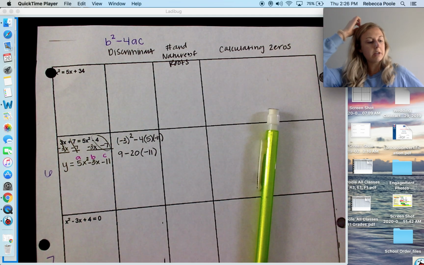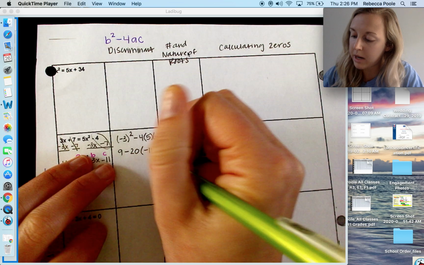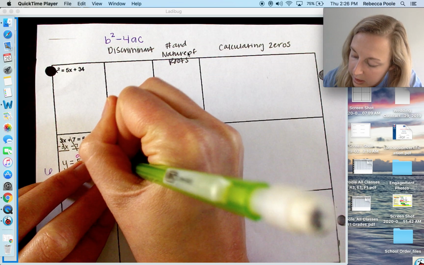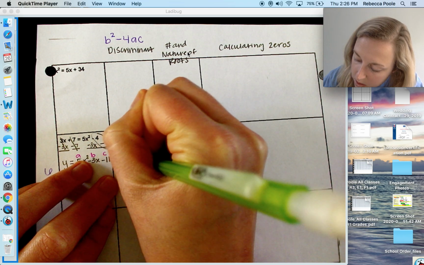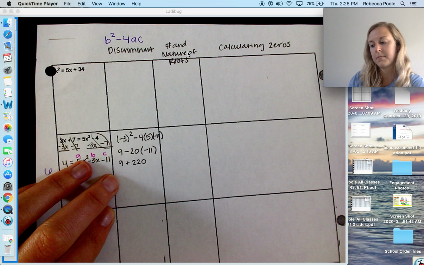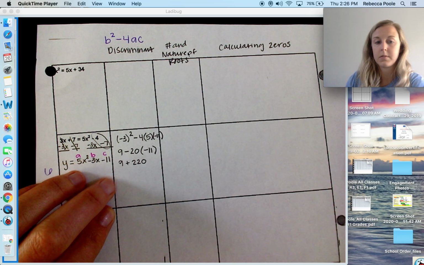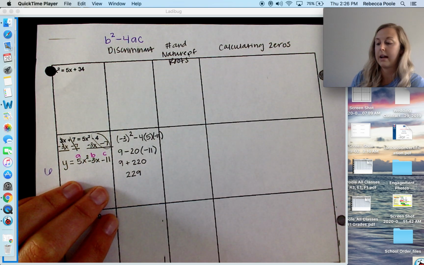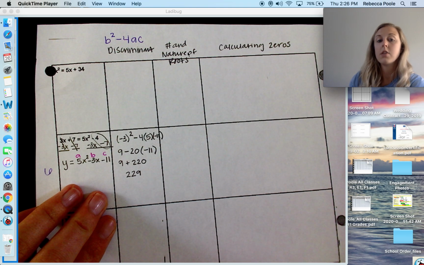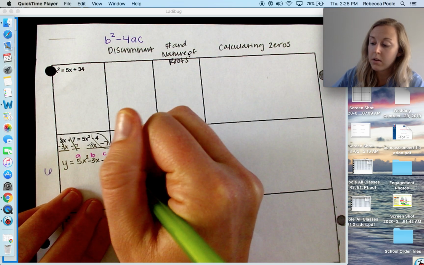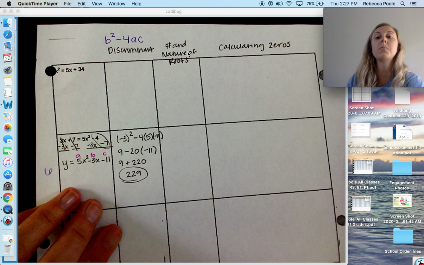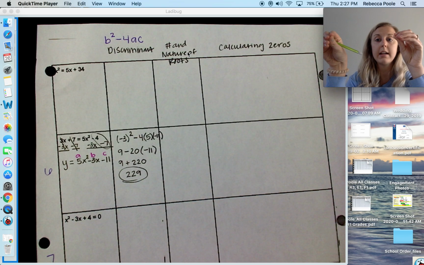I did not bring a calculator, which is great. I'm going to have to go grab one of those real quick. 20 times 11 is going to give you positive 220. So this is going to be positive 229. Okay, so when we did our discriminant, we got a positive number, which means this quadratic is going to